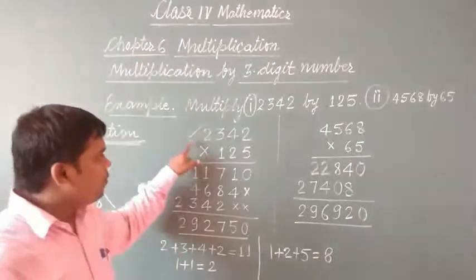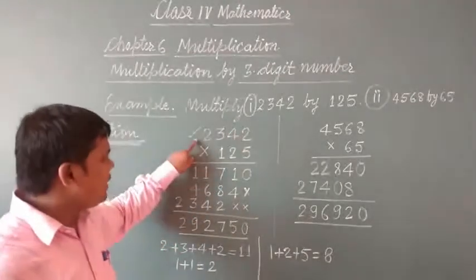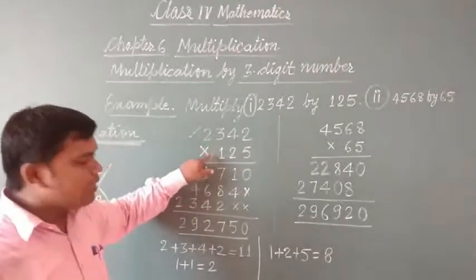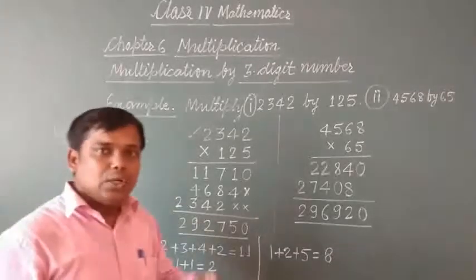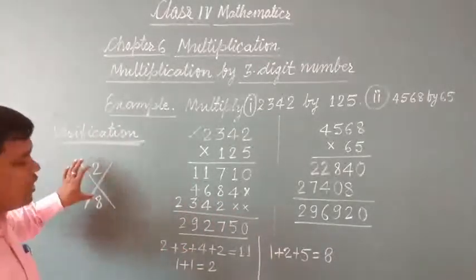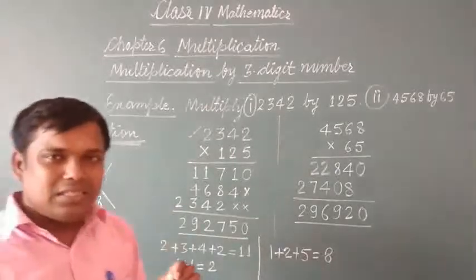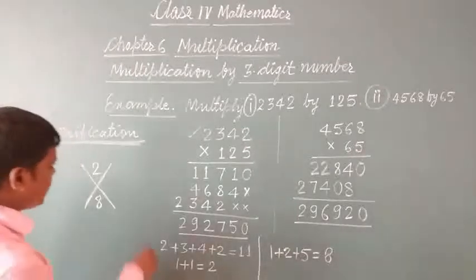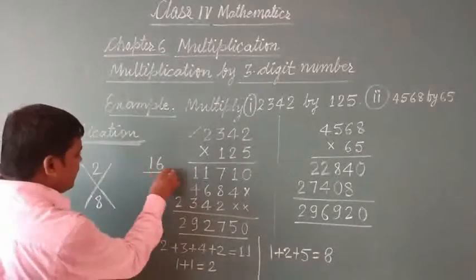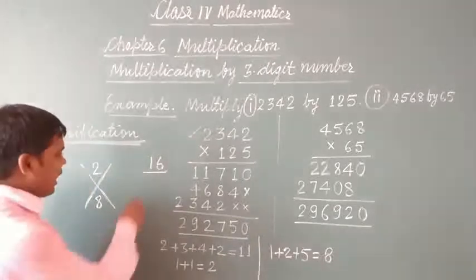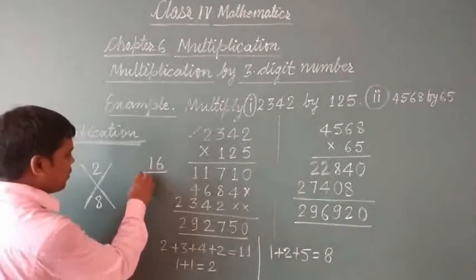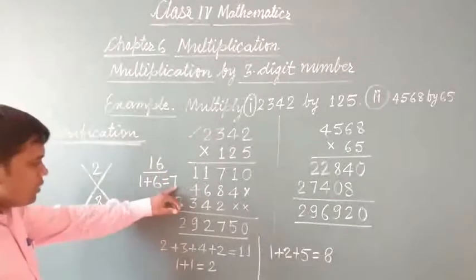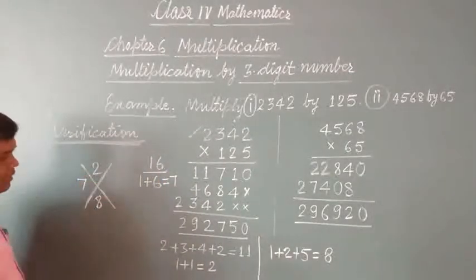In the first step, we add the digits of the multiplicand and write it here. In the second place, we add the digits of the multiplier and write it here. After this, we will multiply these 2 digits together. What is the multiplication? 8 times 2 is 16. We got 16 here. Again, we have 2 digits, so we will add the digits of this number, 1 plus 6, 7. And this one we will write to the left side here.